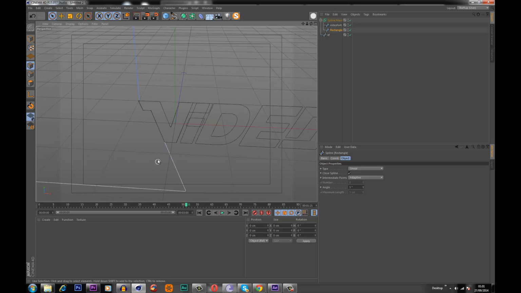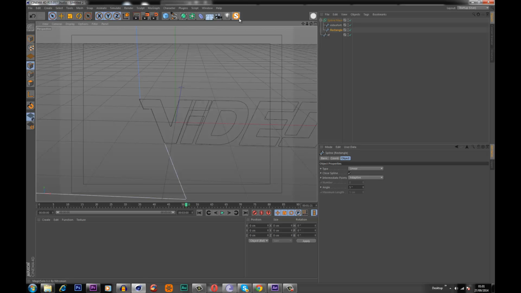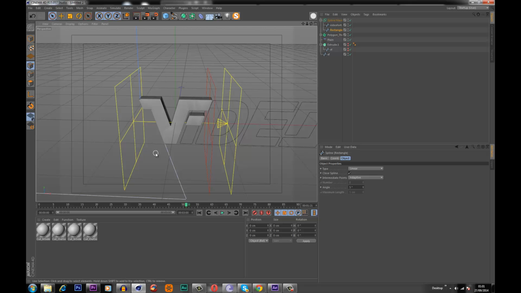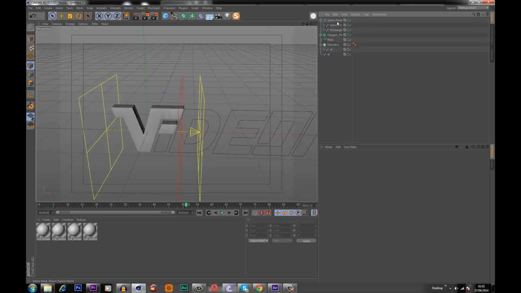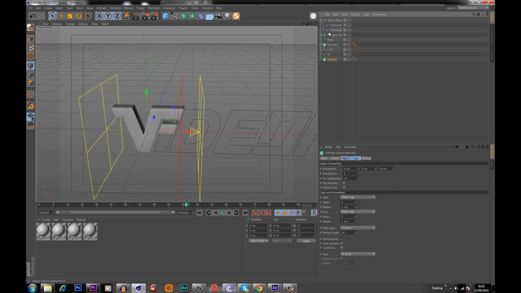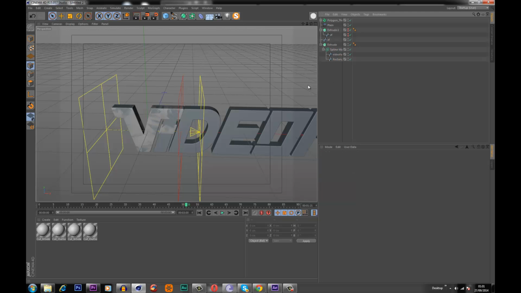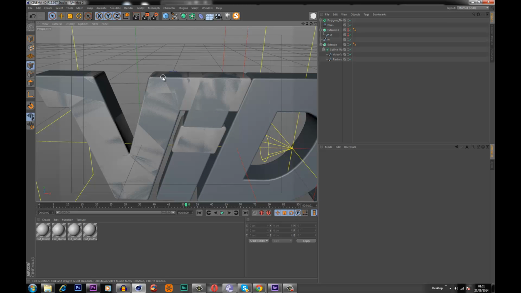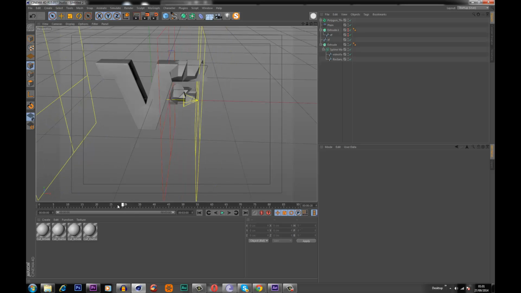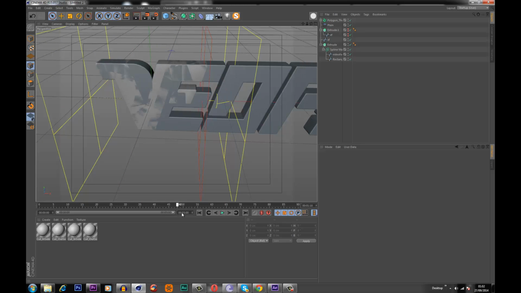And there we go. Okay, so once we have that animation blocked in, we can unsolo and look at the whole scene together. I want to get this spline mask and basically throw it into the same extrude which we used on the original VF logo. So if I just duplicate this, if you remember we saved this from the beginning, I can remove the VF logo from it and just use this extrude, and it has the same properties, you know, how the edge looks and so on. And so when this finishes unfolding, the VideoFort text comes out,